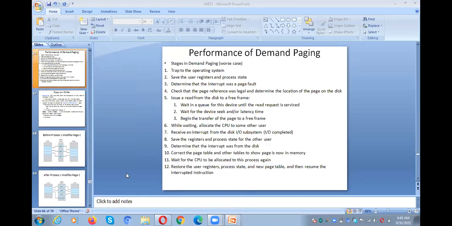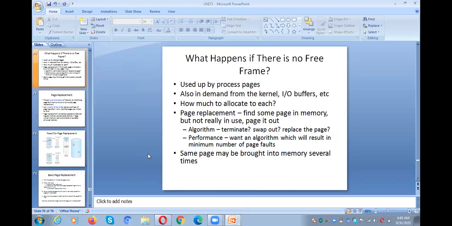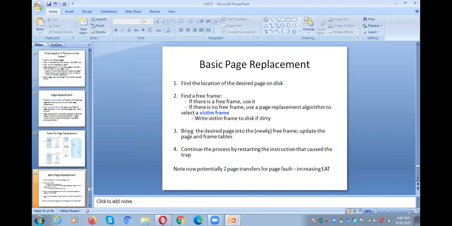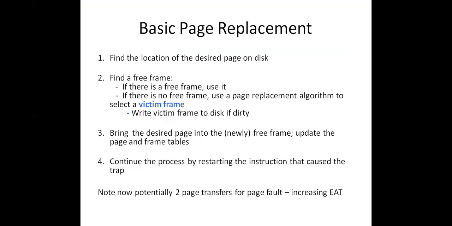Next, I would like to start the page replacement algorithms. So we need to start with basic page replacement. I already told you one thing: whenever there is a page fault, there is a trap to the operating system. The operating system will check for the page in the secondary memory disk. If the page is in the disk, the operating system will check for a free frame. If a free frame is available, the operating system will load the page into the free frame from secondary memory. If the free frame is not available,